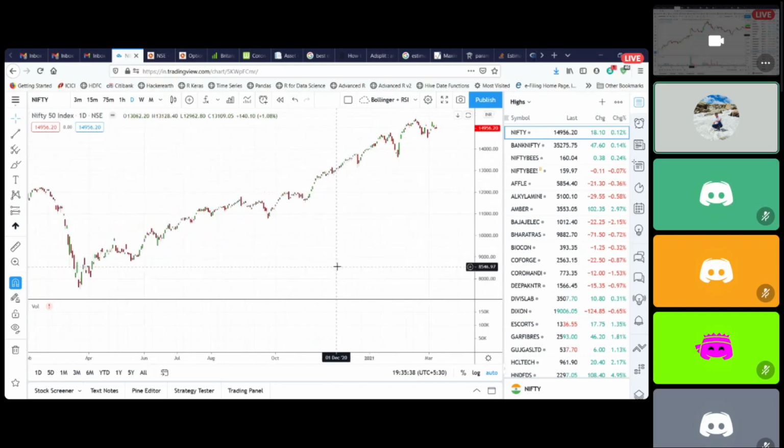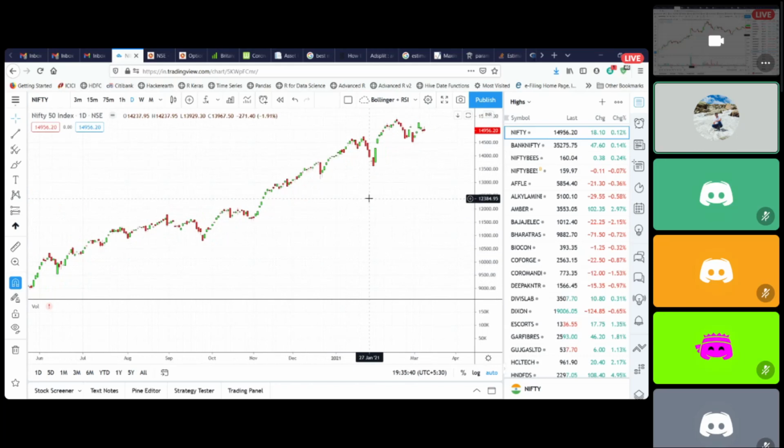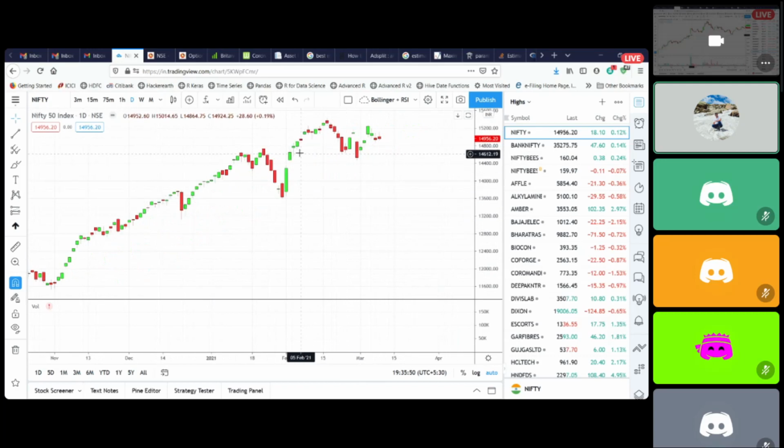No, you don't have to wait for a Corona crash. Just wait for at least a 10 to 15% correction in Nifty. Okay, 10 to 15, and then we'll look out for the stocks which are hitting all-time highs right now. Correct. So, see, right now, even if Nifty hit a high of 14,500, 15,400, and even if it retraces to the budget low of 13,600, that is a 12% correction.